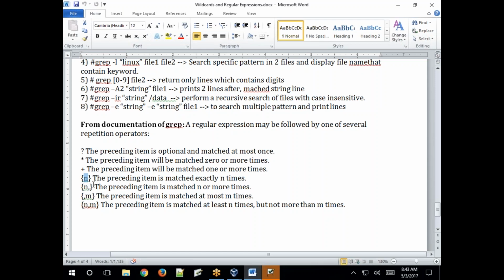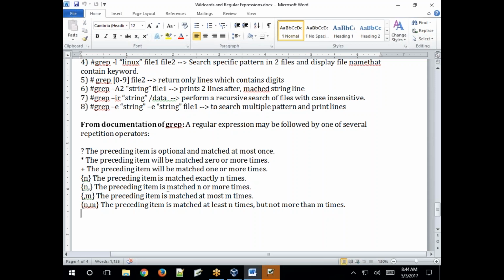If you specify 2, whatever pattern you specified in the syntax must be matched exactly 2 times. If you specify n followed by a comma, the preceding item is matched n or more times, minimum 2 times. If that pattern is matched more than that, those lines will be returned.